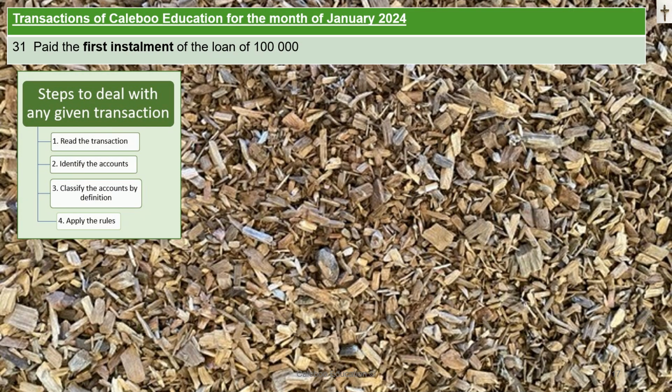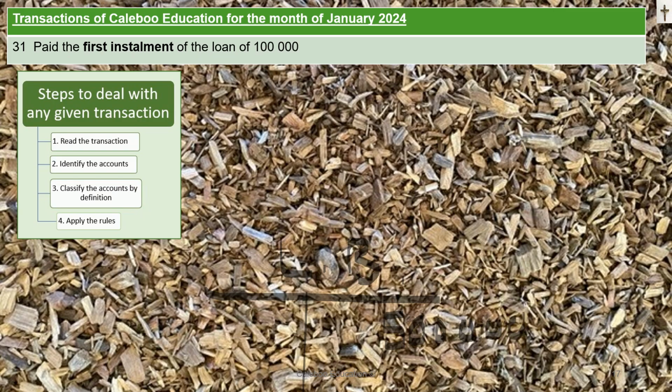Right, we paid the first installment on the loan. So we took out a loan, and I'm just showing you when we make a payment. So this loan looks like this: loan with the bank, okay? We took out a loan, we credited the account with